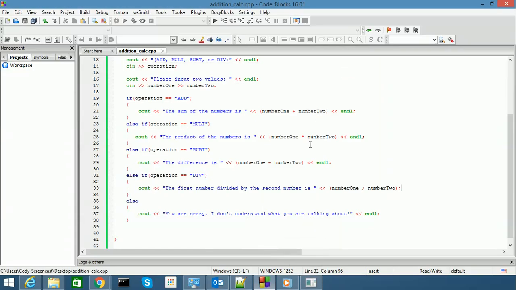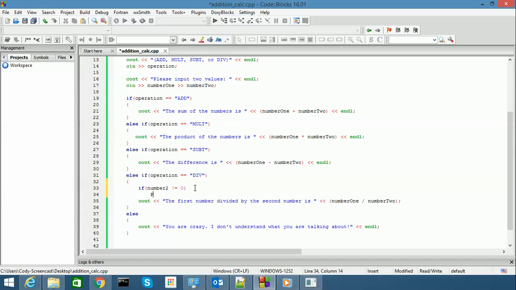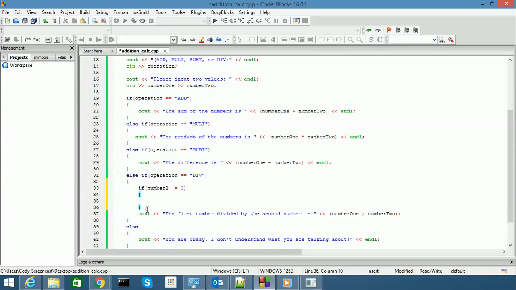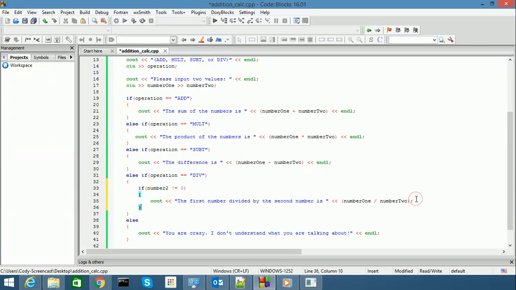So what we're going to do within our else if for the division statement is implement what's called a nested if. For this if, we're going to test if number 2, and we're going to introduce you to something a little bit new. We've been doing equals a lot. For this one, we're going to do not equals, and we're going to say not equals 0. So if number 2 is not 0, we want to print out the division statement: the first number divided by the second number is,